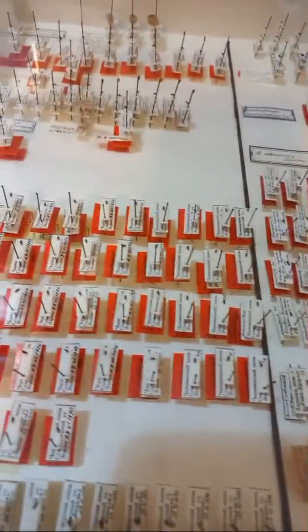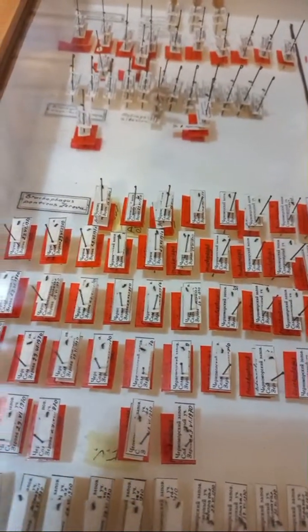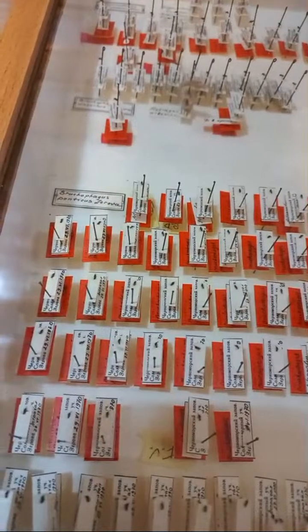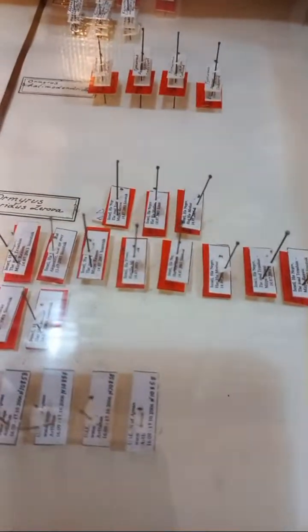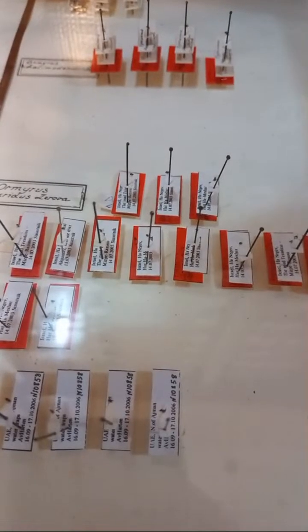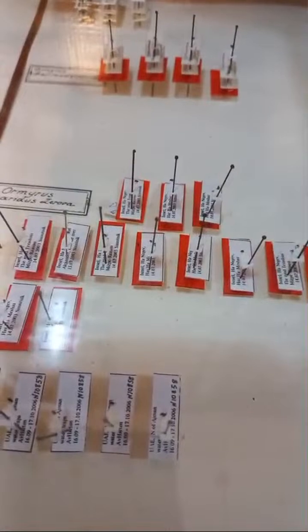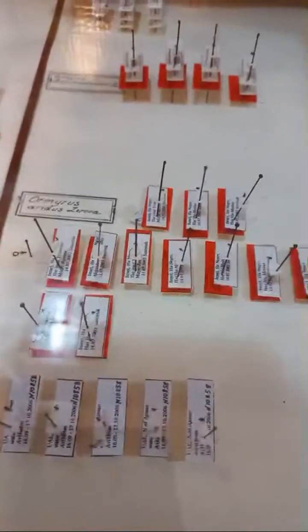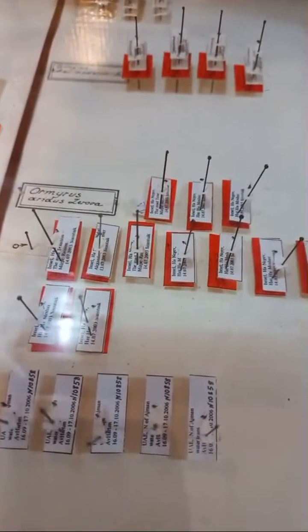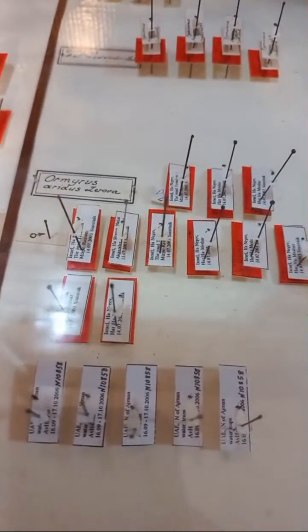In some cases, specimens are very valuable because type material can be unique. Only a few individuals of type material. Type specimens like here, the species Ormyrus helicomodendris, only 4 individuals, 1 holotype and 3 paratypes. For instance here, Ormyrus aridus,